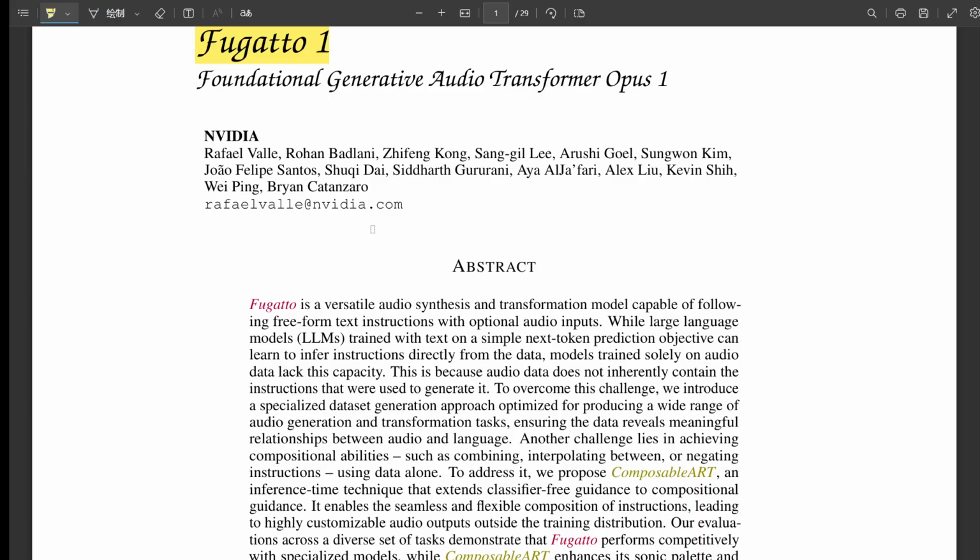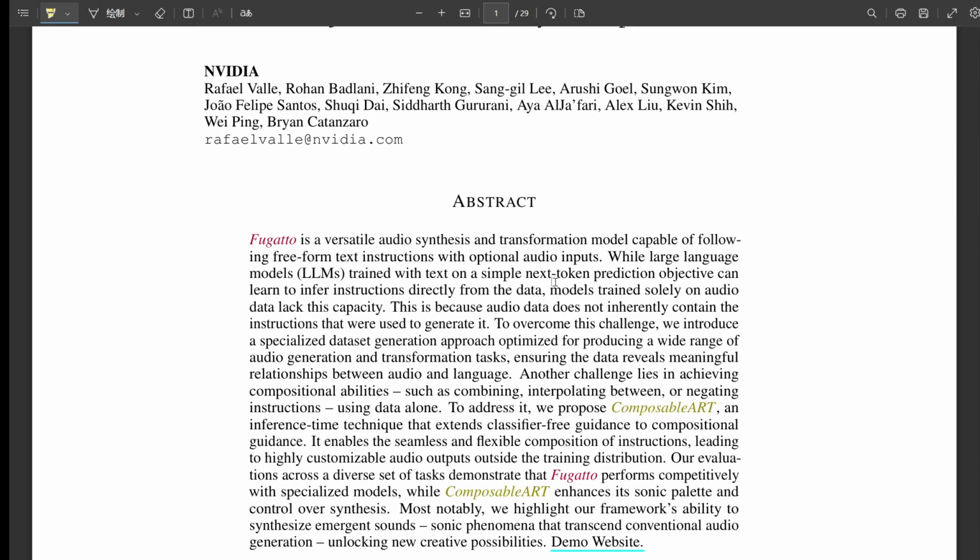Right. So today we're going deep on Fugatto. That's NVIDIA's pretty audacious attempt to crack the code of generalist audio AI. We've got the research paper, obviously, demos, and even some early reactions from the AI community. And let me tell you, things get